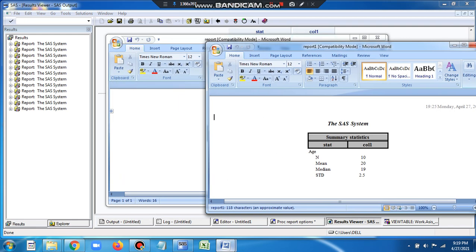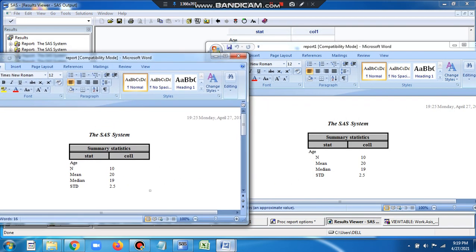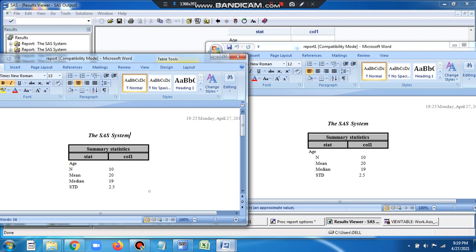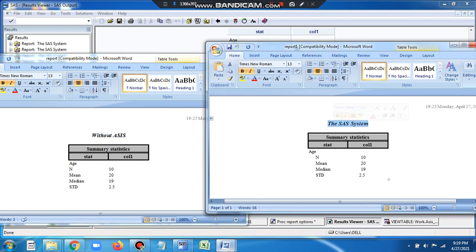You can see the old output without the ASIS option, and the next one on the right side is with the ASIS option.